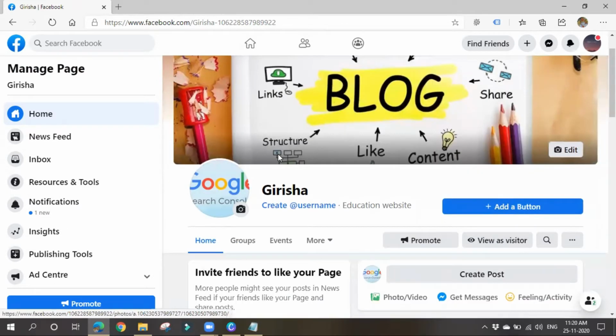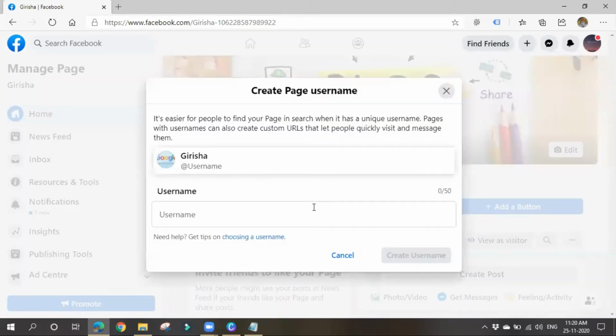Simple. So now the main thing is create a username. Okay. You have to create a username now. Click on this thing. This is the main thing. So when people search with this name itself, your page will appear. So please give a proper username. If the username is already taken by someone else, it will not be available for you. That's why I'm saying check once or twice before buying a domain. So check for social media handles availability.